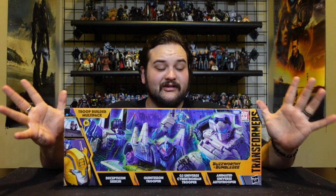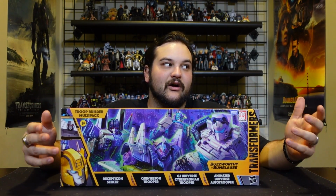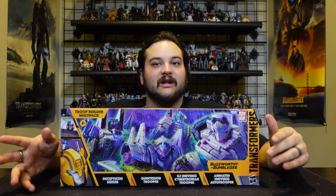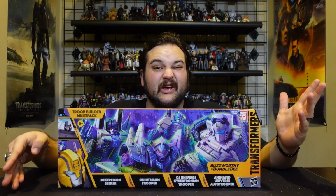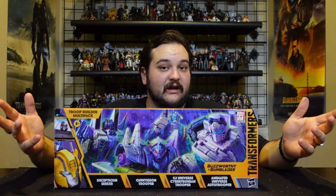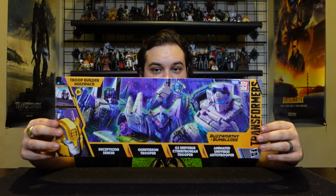I love Army Builders. Army Builders are really cool, and my only hesitation when collecting Army Builders is I don't really like to collect more than one of the same figure. There has to be some kind of variation, like a swappable head, for example, or at least be slightly larger or slightly smaller or a slightly different color or something to that effect for me to buy more than one of the same mold. And this definitely fits that for me because not only do we get 4 unique figures